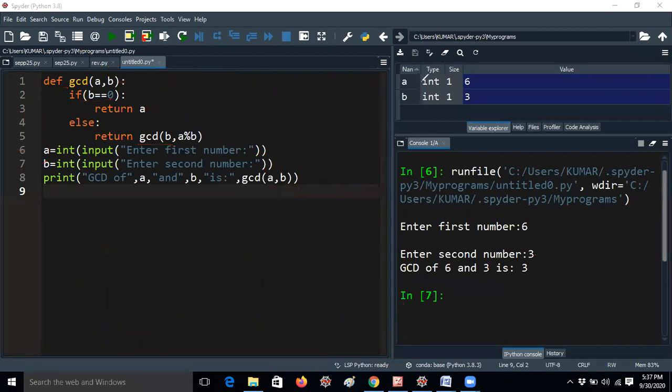Anyway, I will tell you again, guys, because some students are still confused. Let me explain, okay? I will take another example: 7 and 3. I am taking 7 and 3. So please tell me, what is the GCD of 7 and 3? You know the answer, right? What is the GCD of 7 and 3, guys?